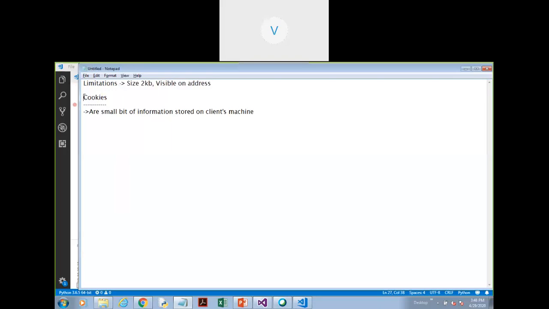So we have another option, that is cookies. So how are cookies different? First thing, it is not stored at the page level and we don't have to pass it from one page to another. Cookies are stored on the client's machine, so it may be stored in the browser instance. If you have opened Google Chrome, then your cookie will be stored within Google Chrome. That is one approach. Okay, so this is one way. Or it may be stored on the user's file system. That means it is stored on my hard disk.